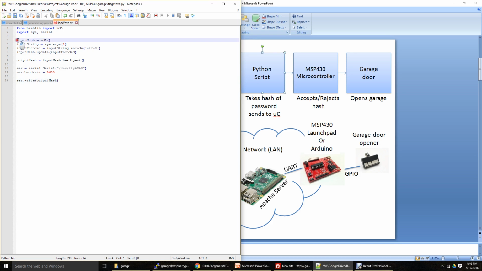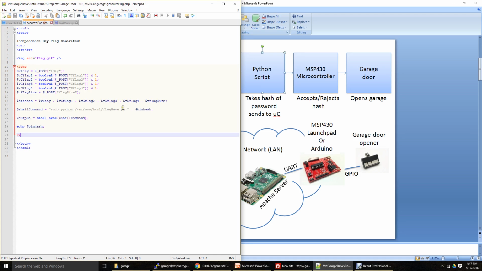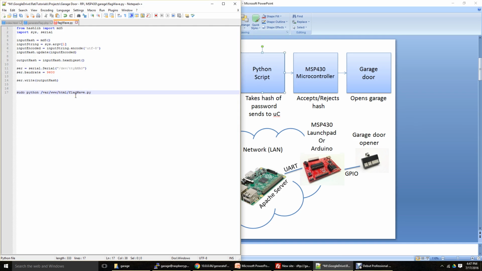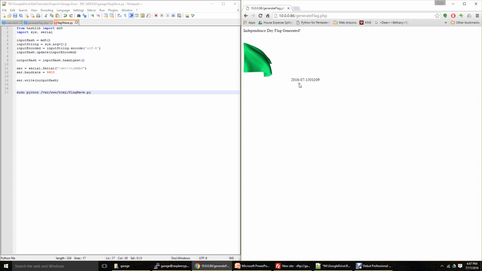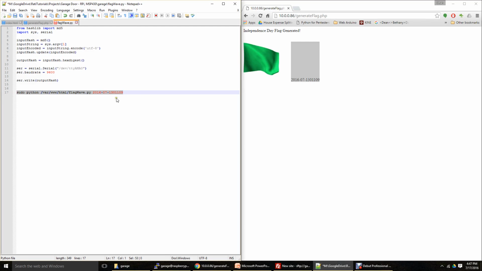So we are initializing a hash, MD5. This is kind of like initializing this value right here. And then we're going to input a string, and we're going to take the first argument, so sys.argv value 1. Remember how right here, let me just run this for demonstration purposes. We ran this command, sudo python, the Python script, and then we're inputting a string value in it, this one right there. So this is what is being executed